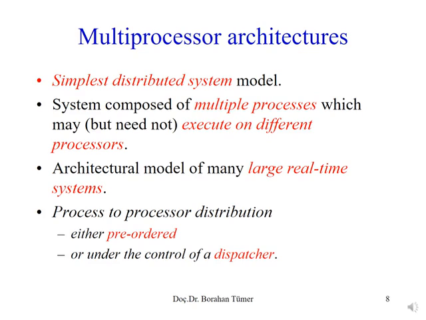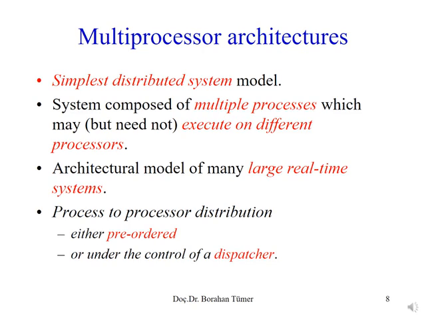Now we will look into several distributed system architectures. The first one that we will study is the multiprocessor architectures. These are the simplest distributed system models, where they're composed of multiple processes which usually run on different processors. Multiprocessor architectures are the model of many large real-time systems. They have a process-to-processor distribution where the order of the run is either pre-ordered or under the control of a dispatcher. An example of multiprocessor architectures